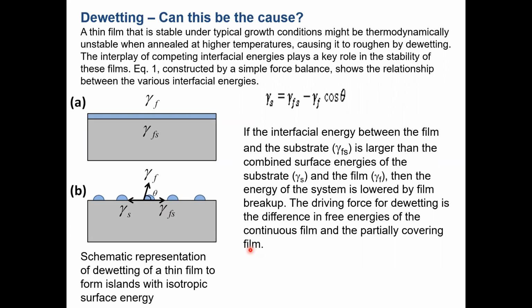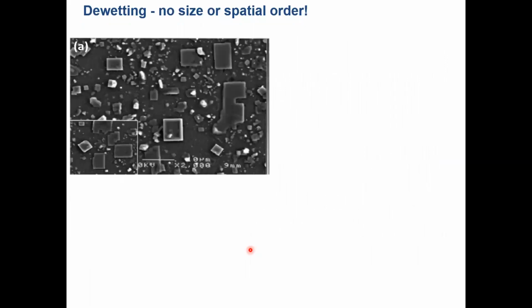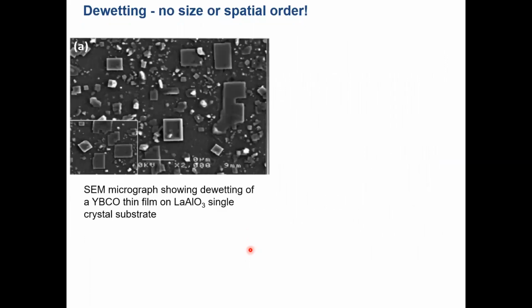So the question is, is this simply de-wetting? And we know that there are examples of de-wetting. For example, this is the SEM micrograph of de-wetting of this 123 superconductor, yttrium barium copper oxide thin film that was deposited on lanthanum aluminate single crystal substrate. And you can see that the film is breaking into features, and there is no size similarity and there is no regularity